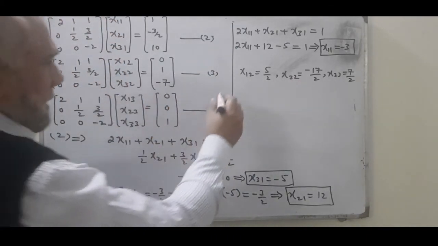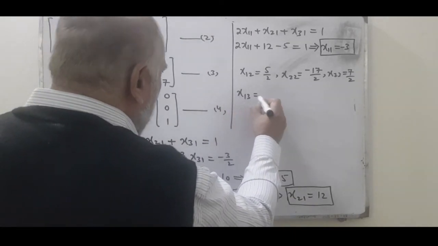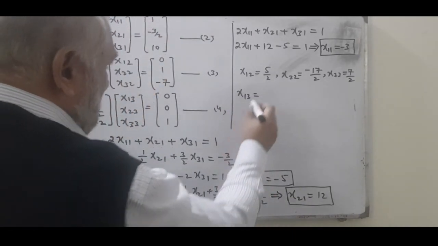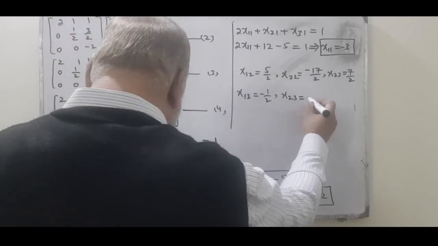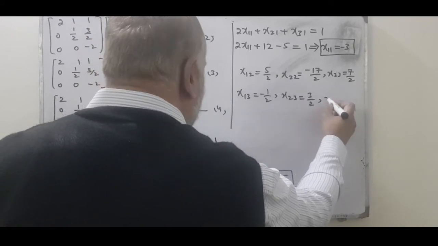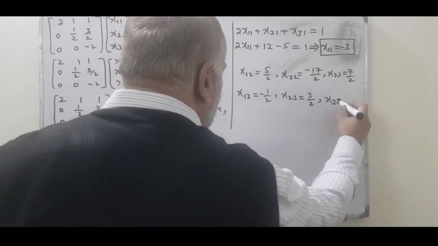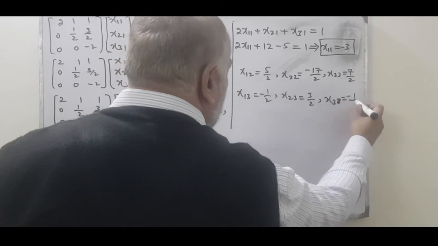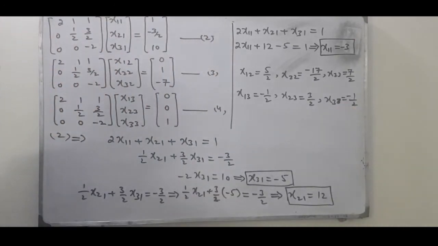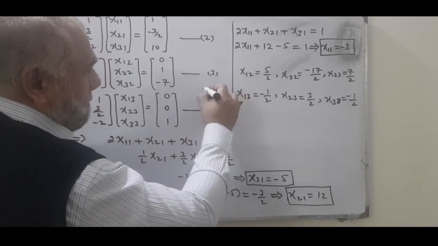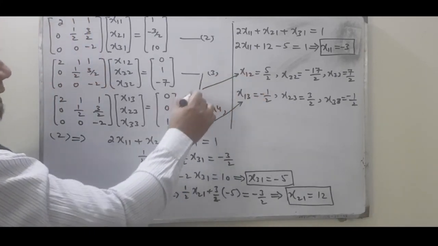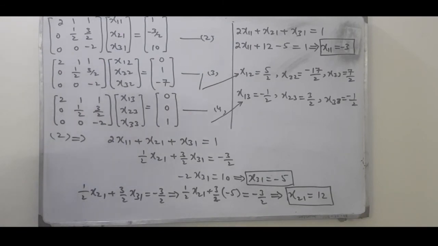You can solve on the same grounds and you will be getting this output. And now whenever you solve this, you will be getting x13. x13 is minus 1 by 2, x23 is 3 by 2, and x33 is equals to 1 by 2 with the minus sign. So here you can see all the 6 unknowns of the unknown inverse matrix we got. This is the result obtained by solving this equation number 4, and this is coming from equation number 3. So here we have all the 9 unknowns of the inverse.